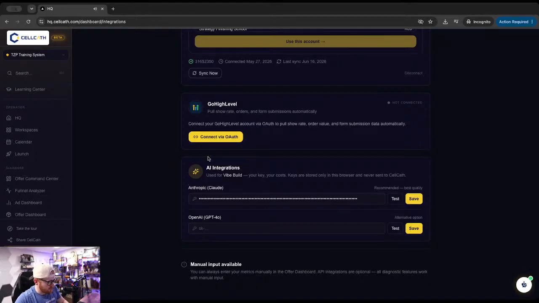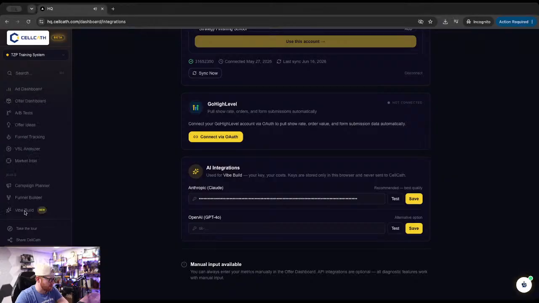On the AI integrations, let me add this to the queue. Add to queue integrations for Anthropic and OpenAI. Let's have those each be their own item with both of the company logos. Your OpenAI and Anthropic APIs you can add in, and that is really only for the Vibe Builder, which is what we've been working on and what Claude is working on. Everything else is covered on our end,